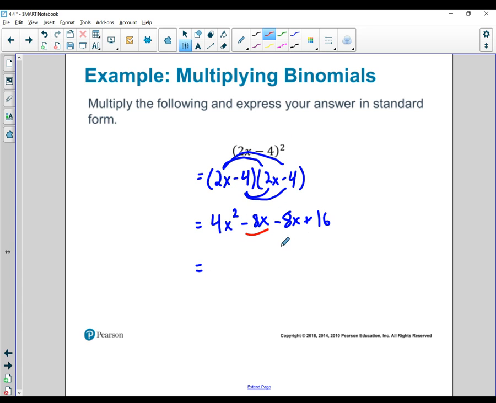And then, like we said earlier, we've got like terms. Both of those have an x. So we're going to end up with 4x squared minus 8, minus 8 again is minus 16x, and we add 16. And again, it's not always going to